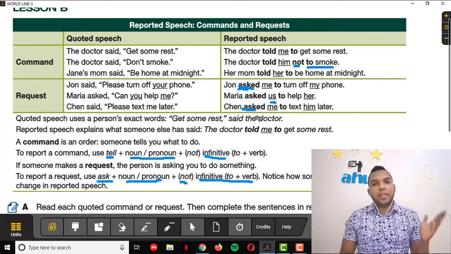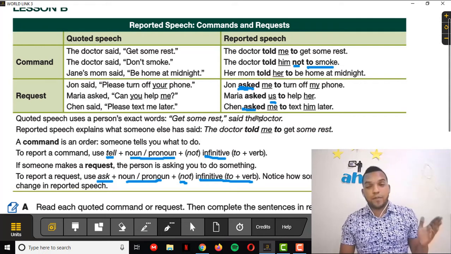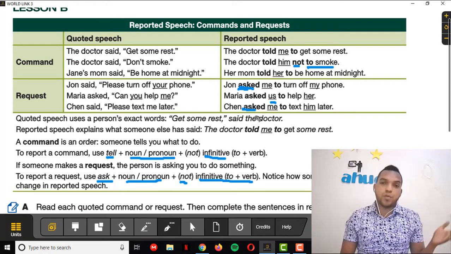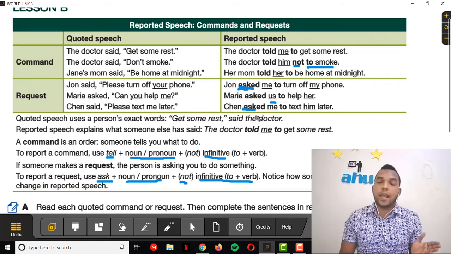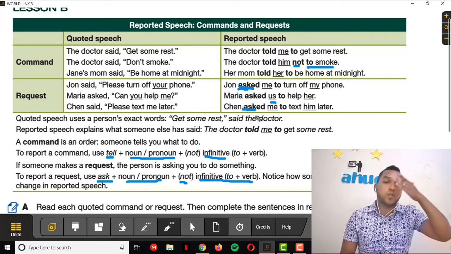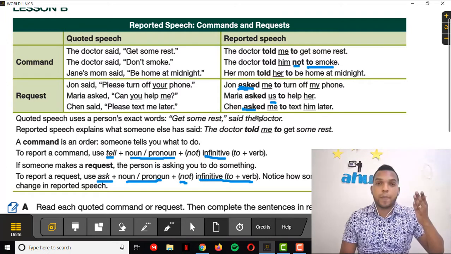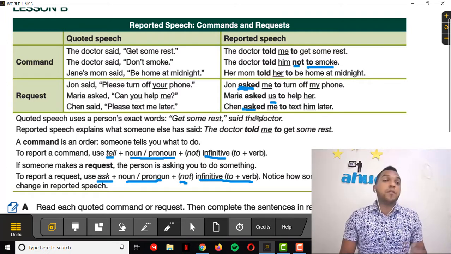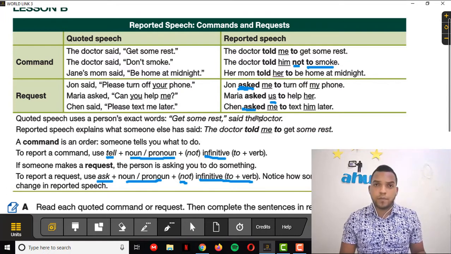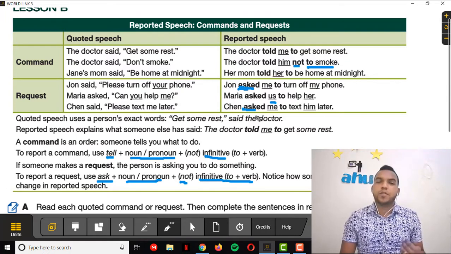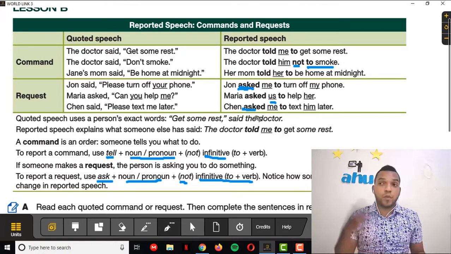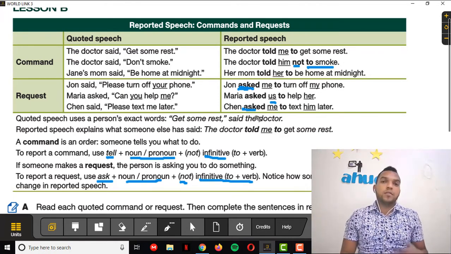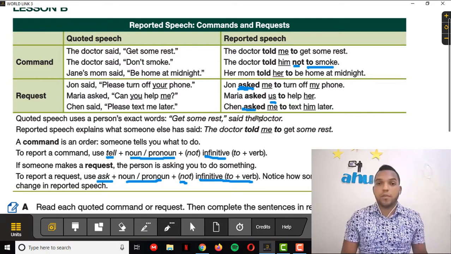As I say that, it is a command. Great, so in this case, you need to use the verb tell if it's in present or told as the situation already passed. So you are saying, Manuelvin told me to go to the doctor. Now, if I say the same thing and I say, can you please go to the doctor for me, please? So I am asking you, I'm requesting. So you have to say, Manuelvin asked me to go to the doctor.